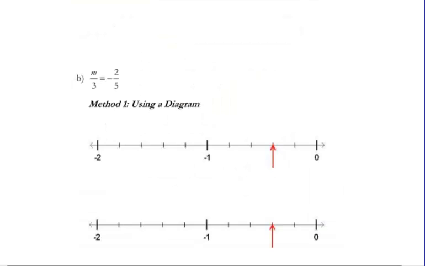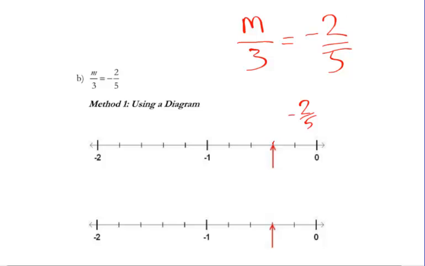All right, next. So we have this value m, when I divide that into 3 equal groups, it gives me -2/5. So whatever it was that I started with, when I divided that amount by 3, so into 3 equal groups, I ended up with -2/5. Well, how's that going to help us? Well, if it's divided by 3, and we come up with -2/5, and so that's -2/5 right here,